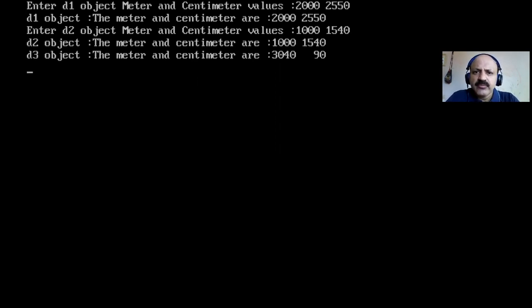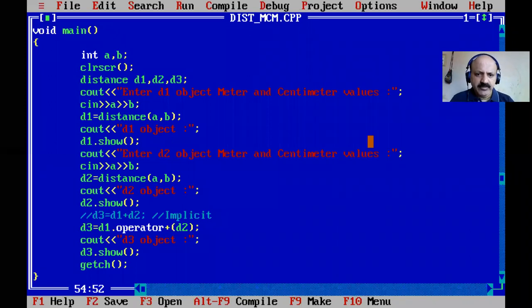2000 and 1000, 3000, and the other is, we can say, 3000, 4000. So that is converted, divided by 100, so that is 40. Yes, 4000 divided by 100 is 40, and the remaining 50 and 40 is 90. Yes, so that is simple, we have to calculate. So I think that is perfect.